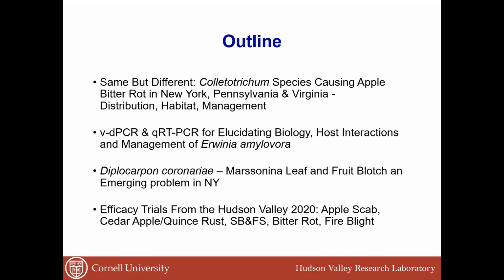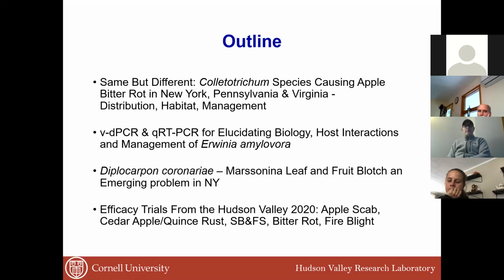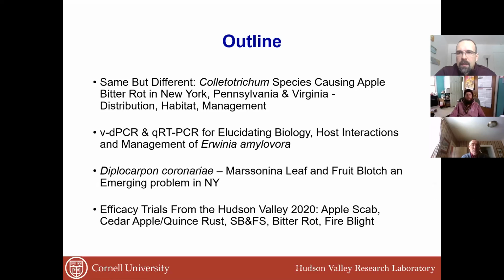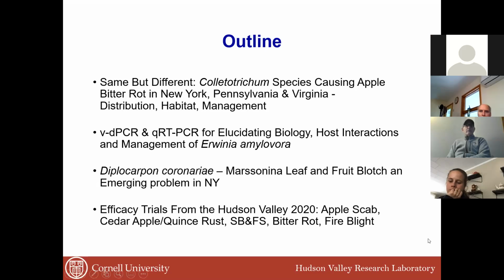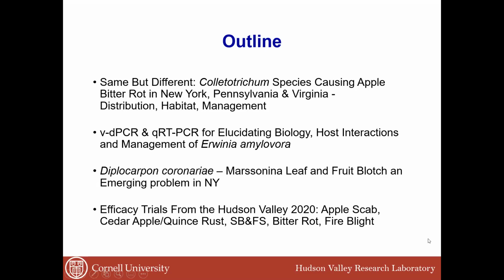the fungicides. Now we'll segue into the second section, which is going to be on viability digital PCR, which is basically a molecular identification method that is helping us do research on the fire blight pathogen. And then I will segue into the Marssonina leaf blotch or apple blotch disease, which is caused by Diplocarpon coronaria or Marssonina coronaria. And then close with the last section on the efficacy trials done at the lab in